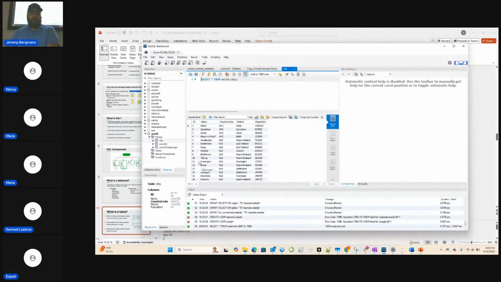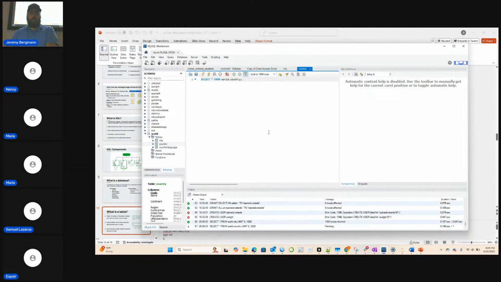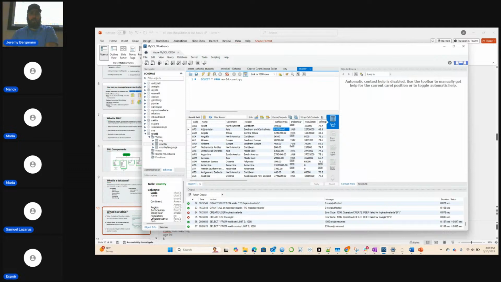For each record, there are the names, the different countries that those cities are in, what districts and population. I think I was thinking of the country table. The country table has things like name and continent and region in the columns, and surface area, the year of independence, population, life expectancies, and so forth.